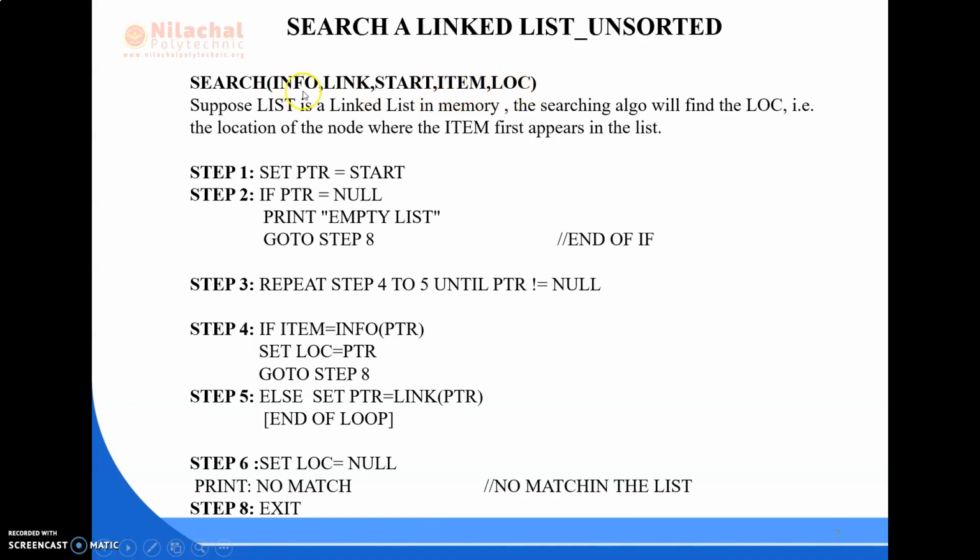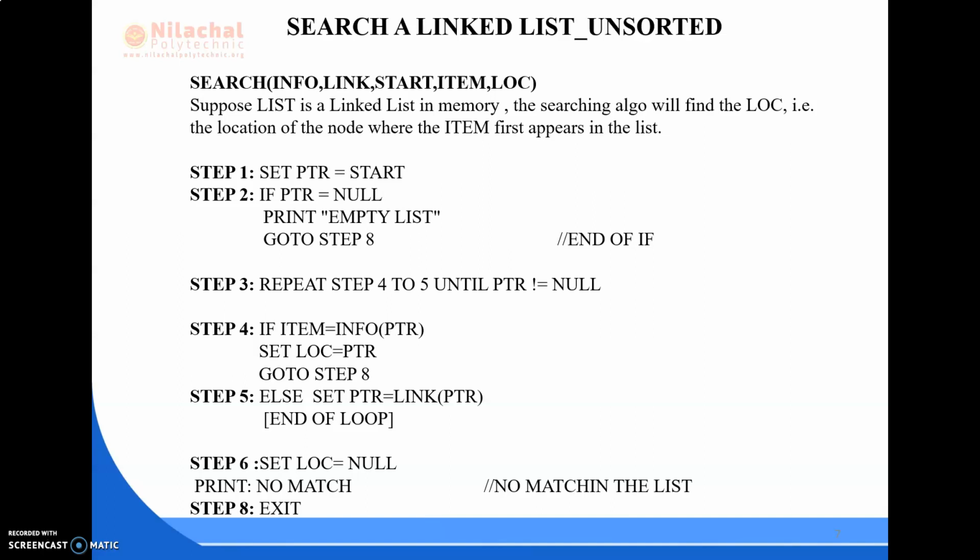Suppose the list is a linked list in memory, the searching algorithm will find the location of the particular node, which we call the item, that first appears in the list.